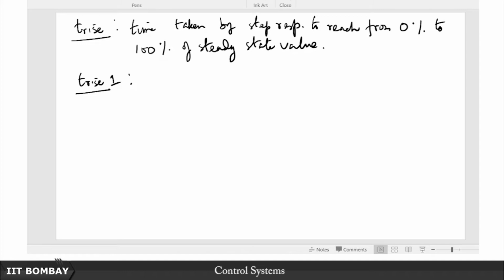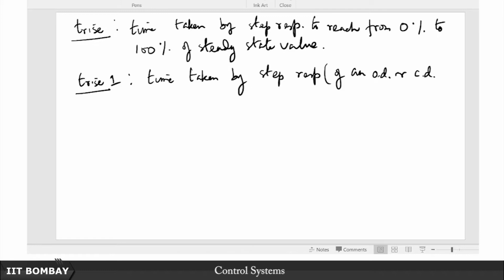We will just hopefully convince you that there is an approximate expression for this T rise 1 as well, but we will not get into deriving it explicitly. This T rise 1 is the time taken by the step response, typically of an overdamped (OD) or critically damped (CD) second order system,